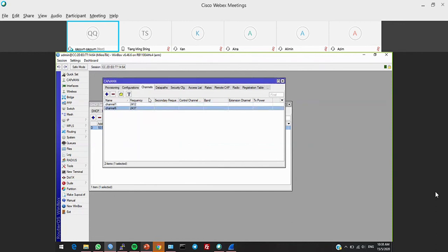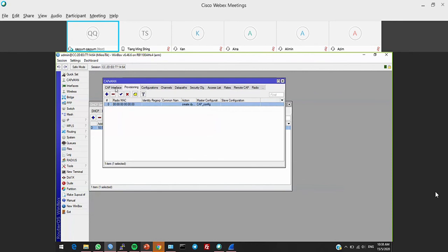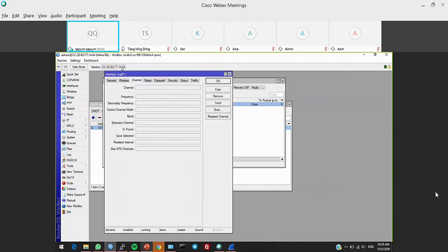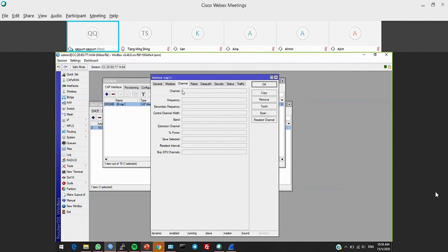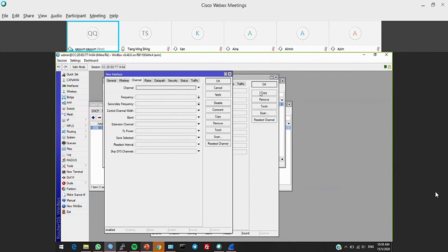If I want this AP to use channel 1 or channel 6, I just double click here. But take note, when you double click the dynamic CAP interface here, it is read only, so you cannot change anything on the channel. If you want to change the channel, you just copy.